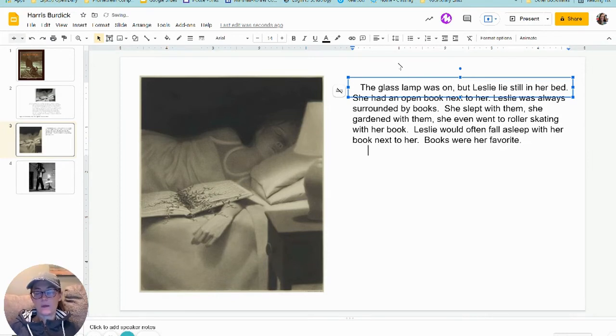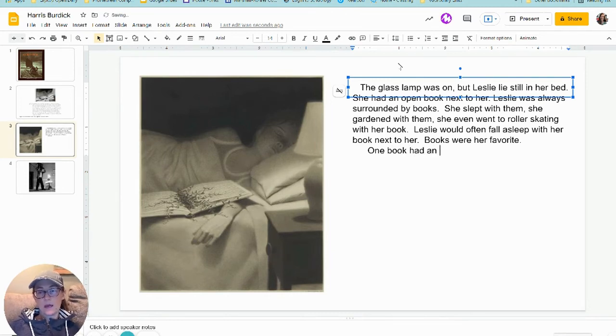Let's start a new paragraph. She's lying in bed, that's also moving. She had an open book next to her. She's lying surrounded by books. She always slept with them, so that's a little bit moving, like even though you don't move a whole lot, you can see what she's doing, it's her action. She gardened with them, more moving, and she even went roller skating with her book. Leslie would often fall asleep with her book next to her. Books were her favorite. One book